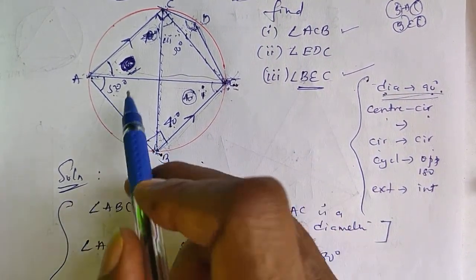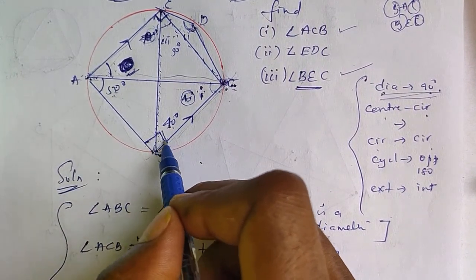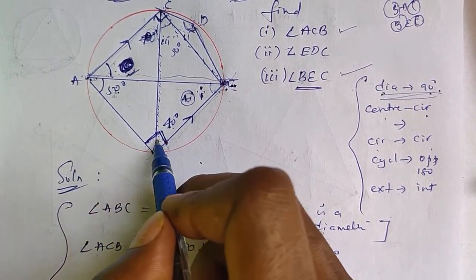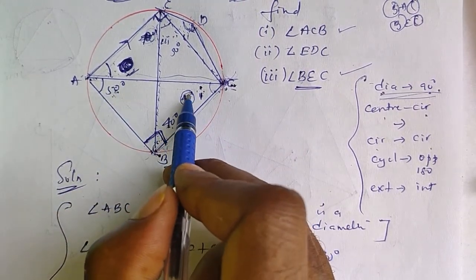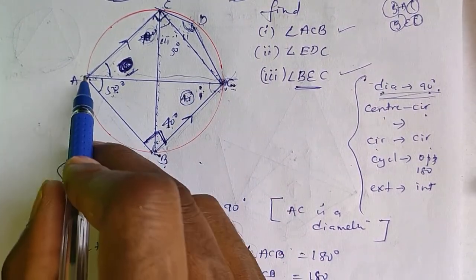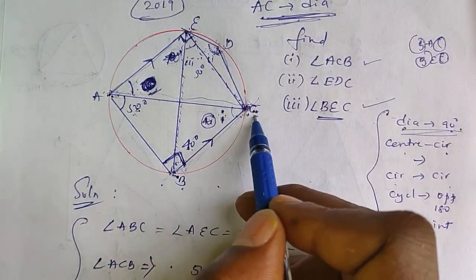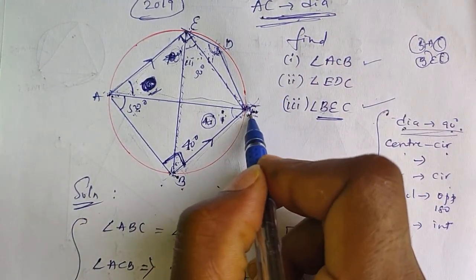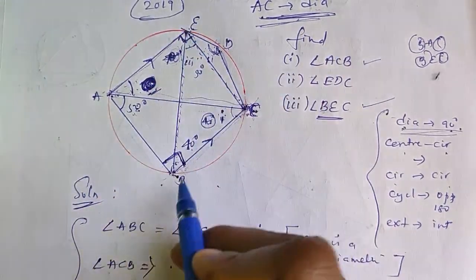First I explain once again. This is 50. This is 90 degree because of the diameter. This is 90 degree. This is 50 degree. 90 plus 50, and then 40 degree remains. So this 40 degree is standing on AB base. Look at this 40 degree standing on AB base, because ACB, AEB.